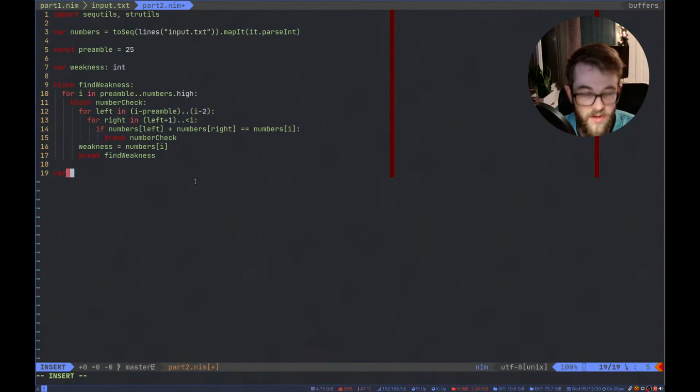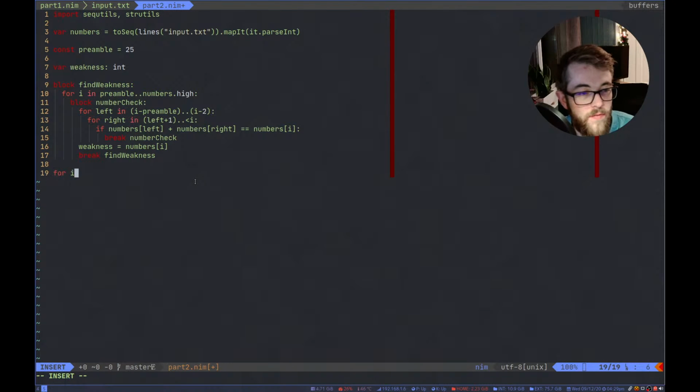So we must start by creating a start and a stop value variable. Do we need to create those?